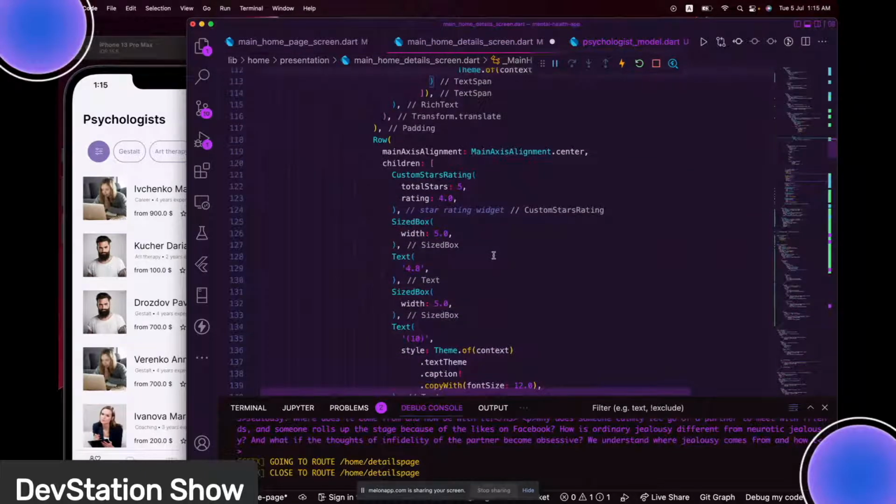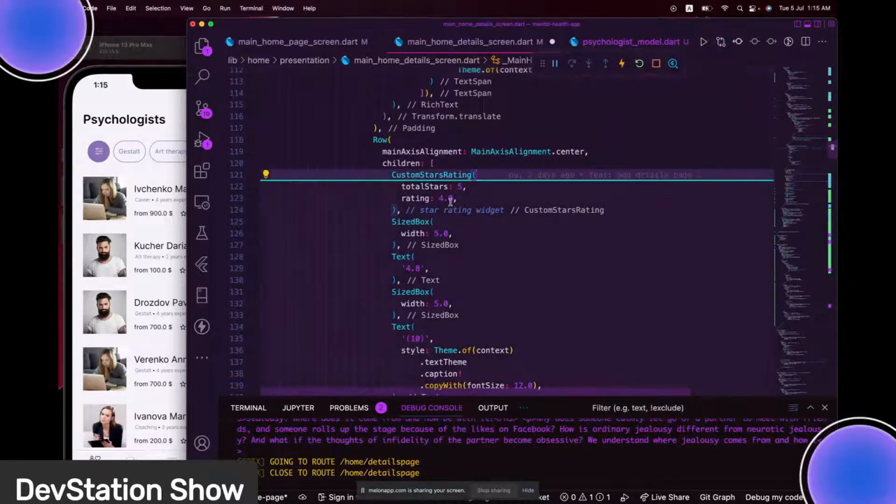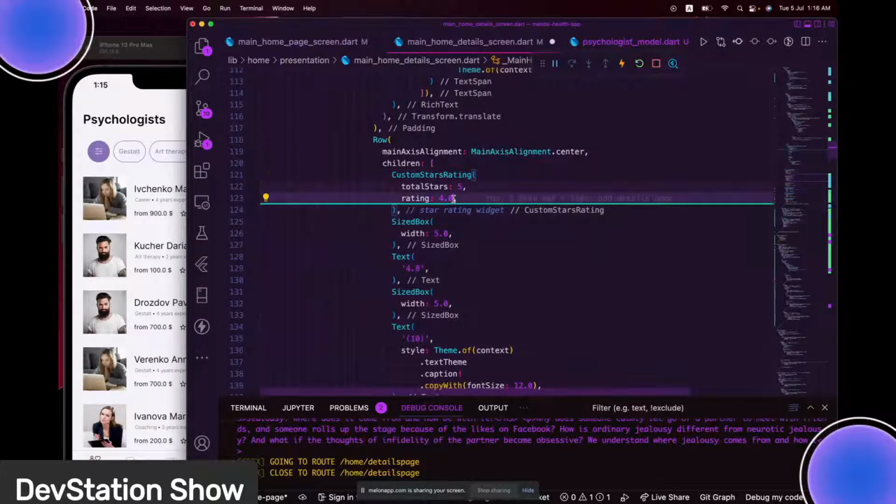And let's see which one again we need to do. So we have the custom stars rating. So this should be rating. And here we have, yeah, I think we are going to have an issue right here, because last time we checked if it's 4.8, because